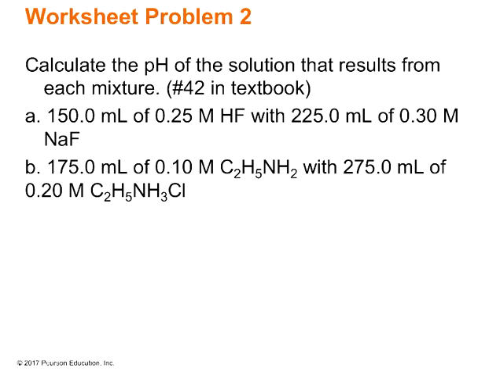Okay, so let's work on worksheet problem 2. We're going to calculate the pH of the solution that results from each mixture. In our first mixture, we're adding 150 milliliters of 0.25 molar hydrofluoric acid to 225 milliliters of 0.3 molar sodium fluoride. So that's our buffer solution. And then our second solution contains 175 milliliters of 0.1 molar ethylamine with 275 milliliters of 0.2 molar